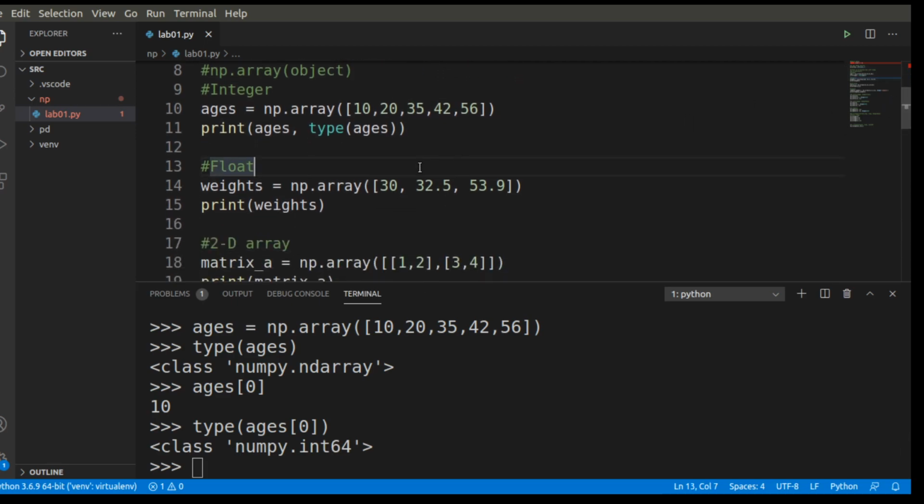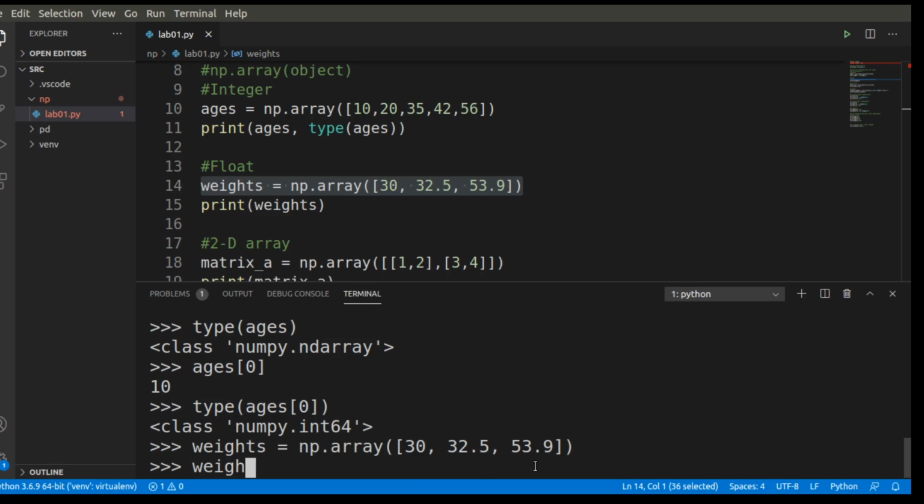So let me create the weights of 3 persons. So weights equal to np.array, and inside that I am feeding one array which is 30, 32.5, 53.9. This is a very useful example. Please note that this is an integer, these two are float values.